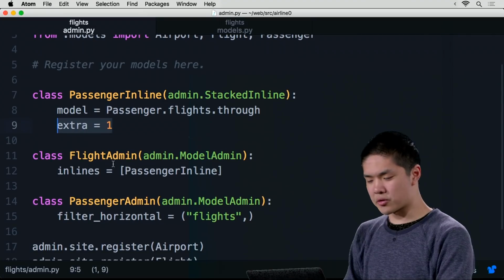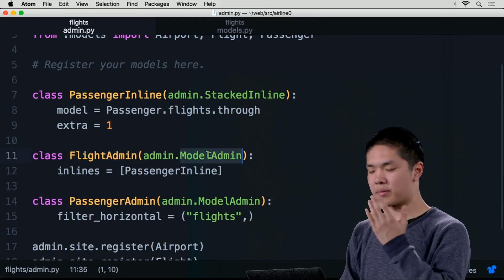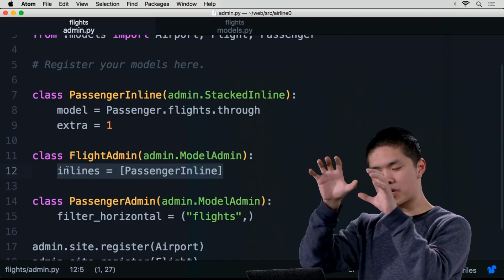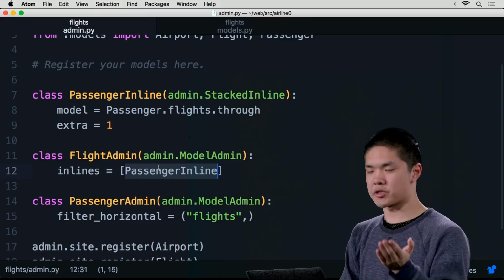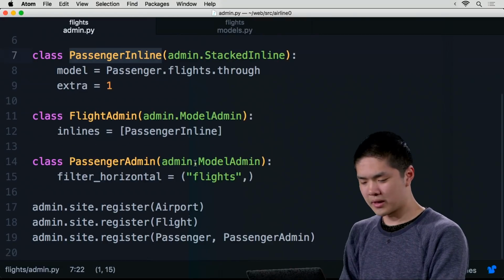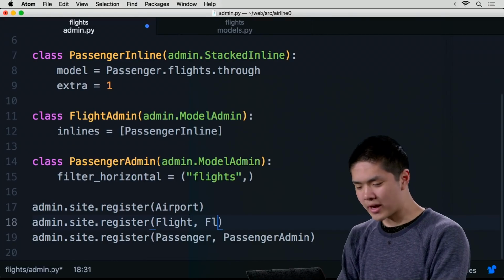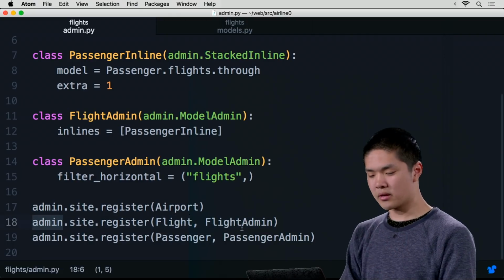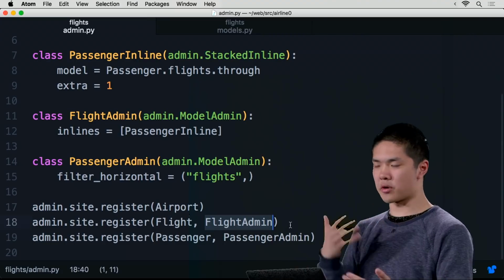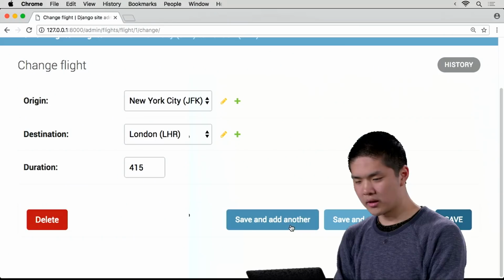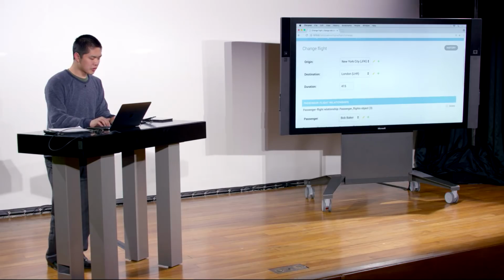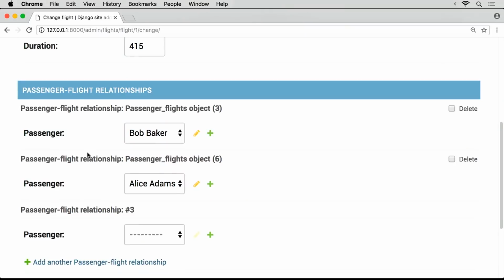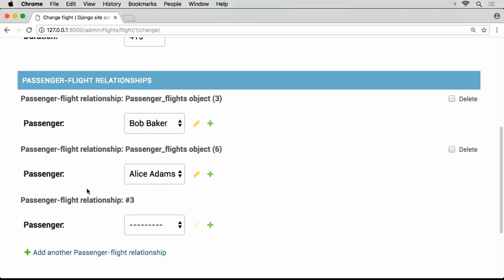And then in the special FlightAdmin class that I'm extending from the existing admin class, I'm saying I want to add this additional inline section of the admin page called PassengerInline, which is the one that I created up there. And so if I now register the flight model to my admin site, specifying that I want to add these additional settings in the FlightAdmin settings, now when I go to edit an individual flight, in addition to getting to edit the origin, destination, and duration, I also see this view, which is the stacked inline view,